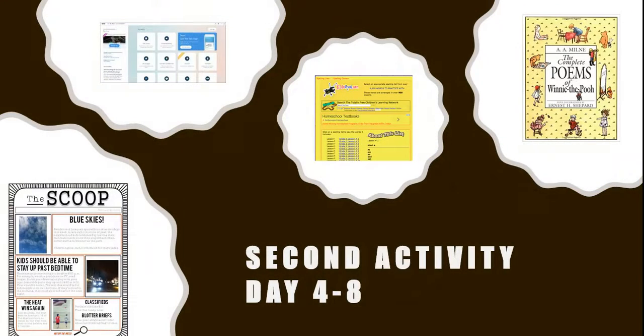Our second activity will take place in days 4 through 8, where the teacher will reread the story and remind the students of how each setting impacted the character's decision and why we have Winnie the Pooh stories today. In this 5-day period, the students will be able to create a newspaper that will include a timeline of events, and this will also transfer itself into a digital presentation.